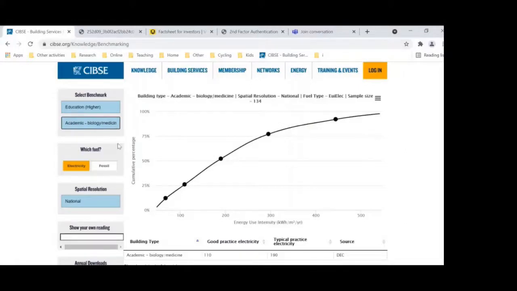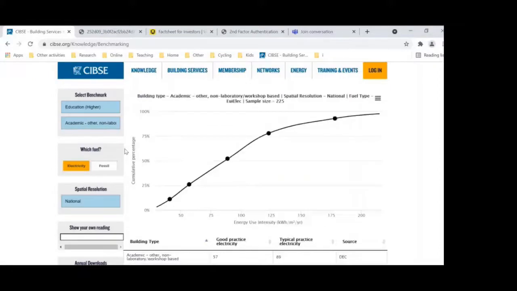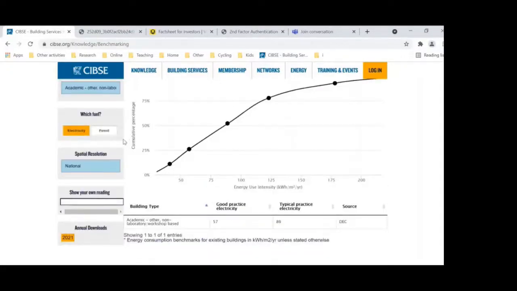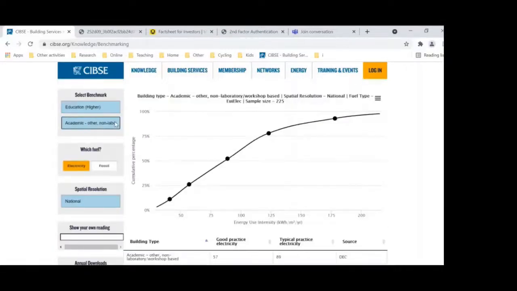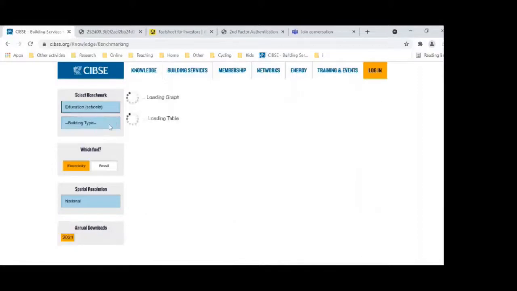So this is an example of a higher education benchmark, and as you can see, the classification has been updated in recognition of variation in activity types and combination of activities that occur in higher education facilities. So if we go back to schools,